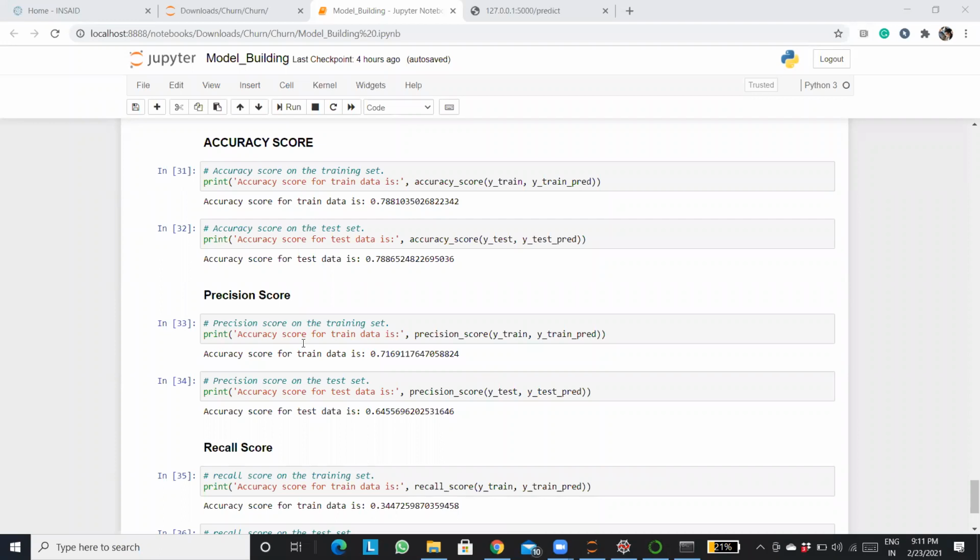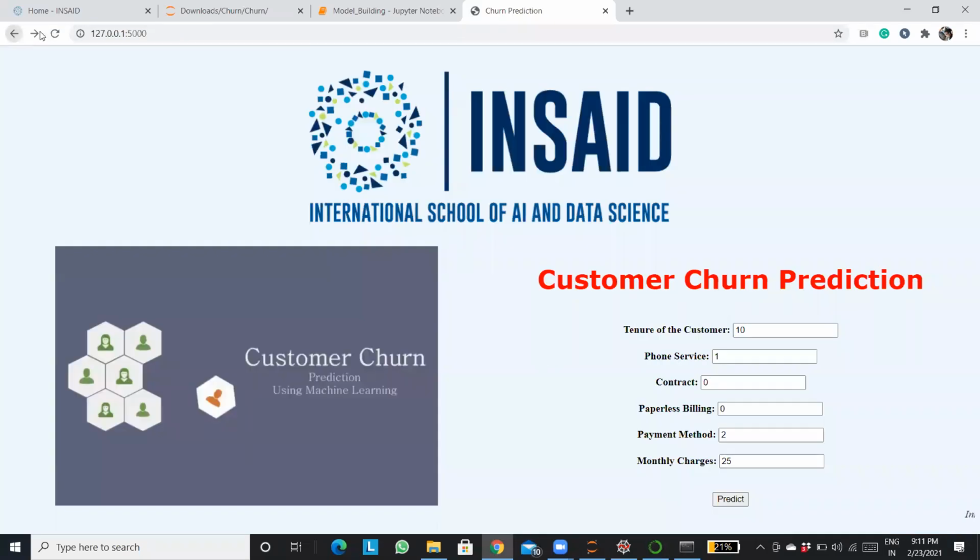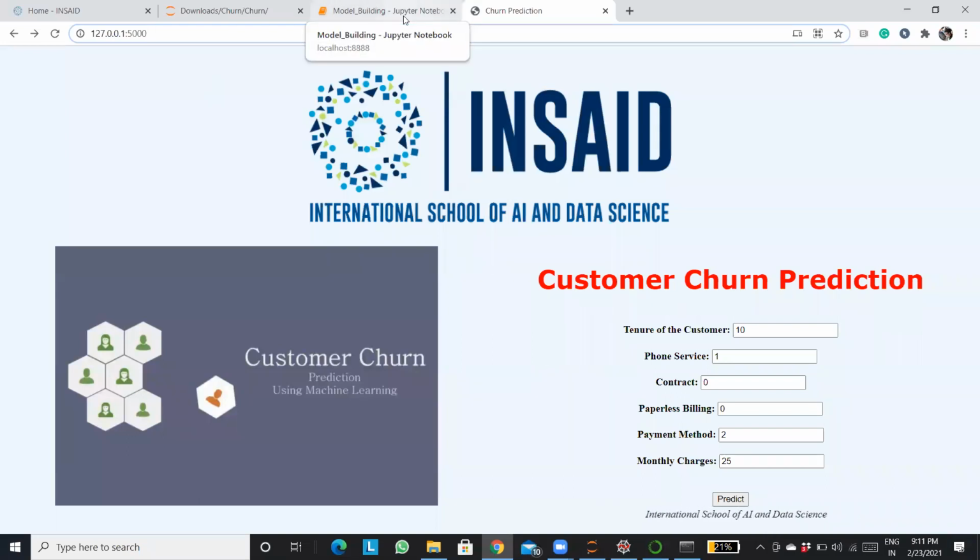In the next session, we are going to put it on a server. We'll deploy it on the server, because if I give you this particular link, it's not going to work on your system, right? So we'll do it on the server. Let's see how to deploy it. For that, there are tools known as Waitress and Gunicorn to scale it up a bit. So yeah, we'll have a look at it in the next session.